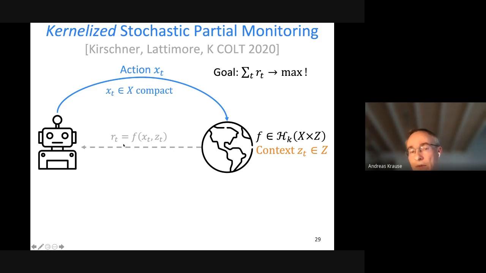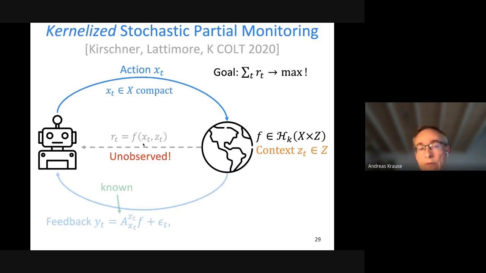Right? That's the setting that we've discussed so far. So the power of this partial monitoring framework is that it allows you to also deal with situations where the reward itself is not actually observed. So you can decouple the reward generation from how you obtain information about the unknown function. And in fact, what we propose in this paper is basically a framework where we can use general linear observation operators. So these are basically just linear functionals that take this unknown function f and